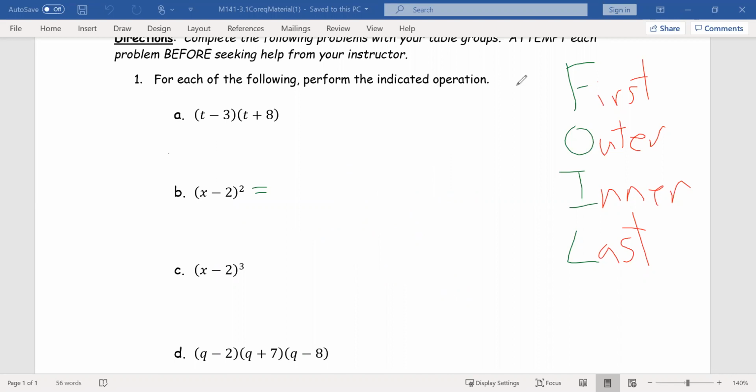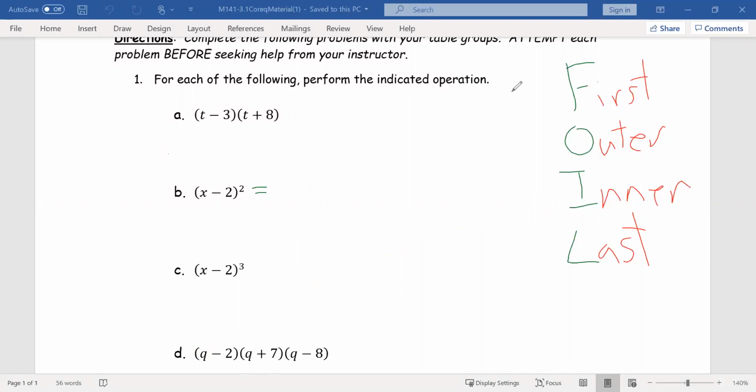We would multiply the first two terms first, q minus 2 times q plus 7, using our FOIL method, and then take that answer and multiply it by q minus 8. Now, I'm not going to go through all of that right this second. But I do want to point something out about what we get